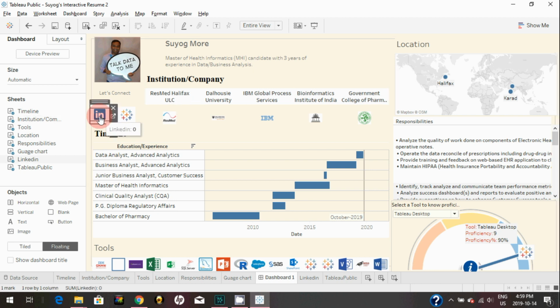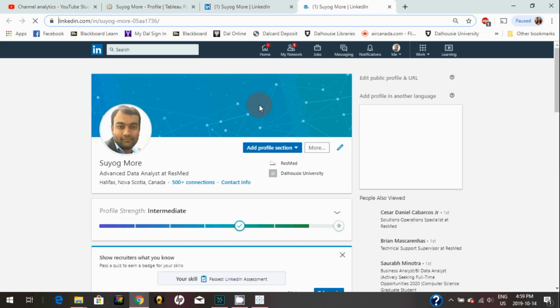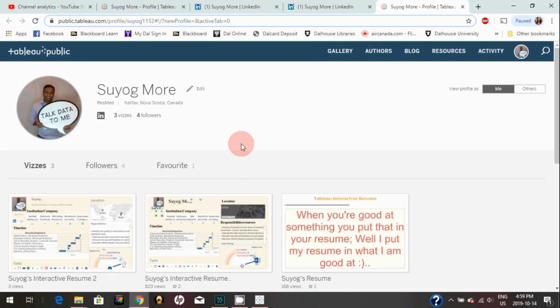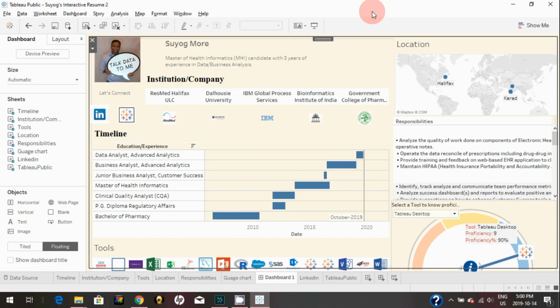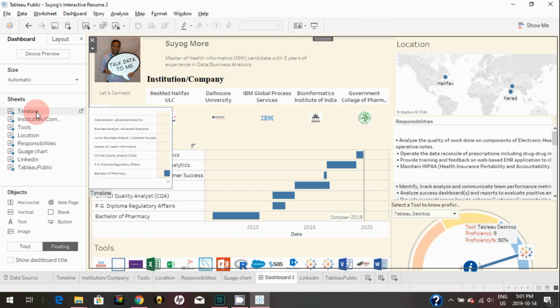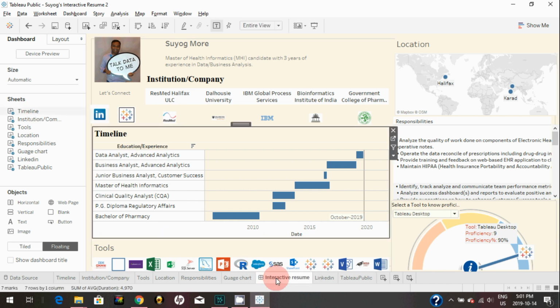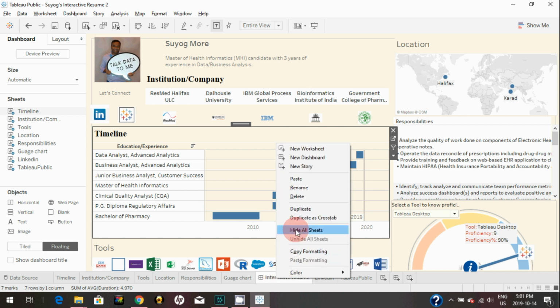So if you click on this, it should take you directly to your LinkedIn profile, and there you go. Also click on this Tableau Public and it is taking you to your Tableau Public profile. This concludes all the formatting of the dashboard. So before we publish this to Tableau Public, you may want to hide all the sheets because you don't want to publish all the sheets with the dashboard. You may want to keep only the dashboard, and you can rename this dashboard as Interactive Resume, and you can right click on this dashboard sheet and hide all sheets,